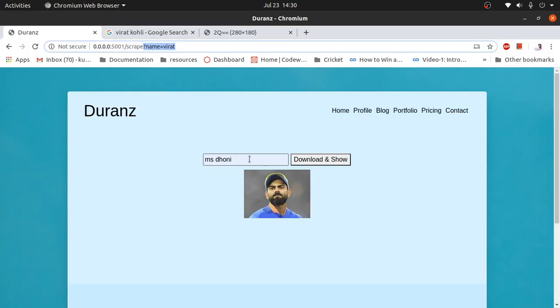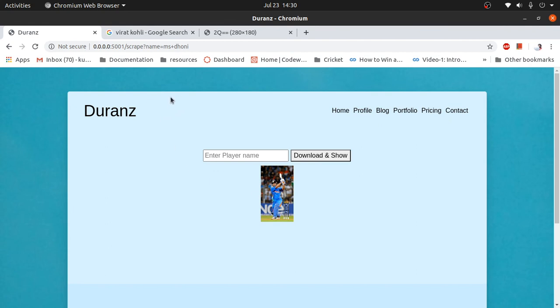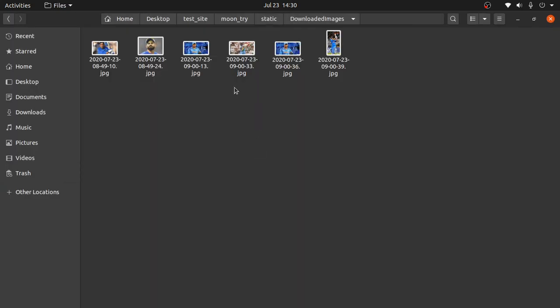Let me check MS Dhoni again and see randomly. Every time, the function that we use, np.random.choice, is randomly selecting different image tags. So let me refresh again. What we are passing as the argument is MS Dhoni. Let me refresh again and it will show a different image. Here we can see a different image. Again it is the same. Okay, here it is a different image. Let me check again. So here we have different images of MS Dhoni and whatever keyword we entered.